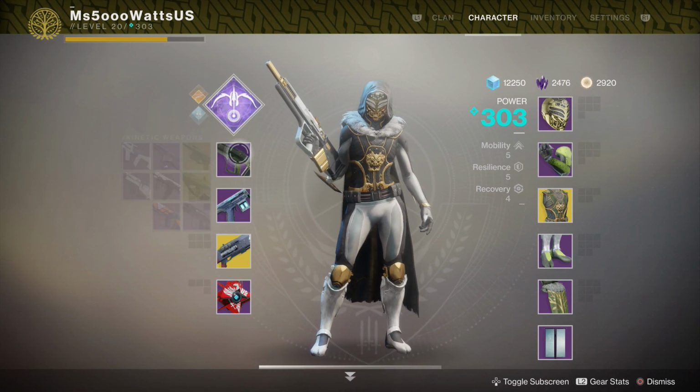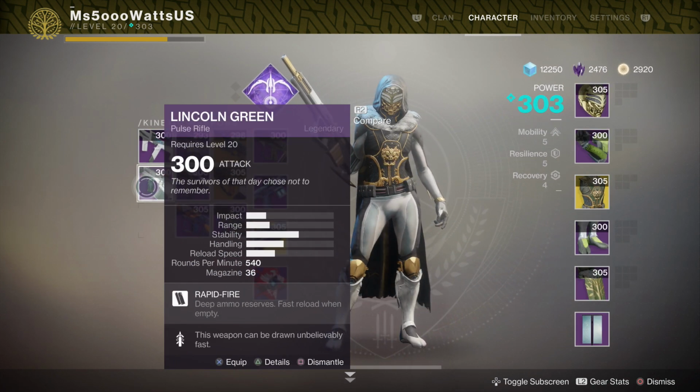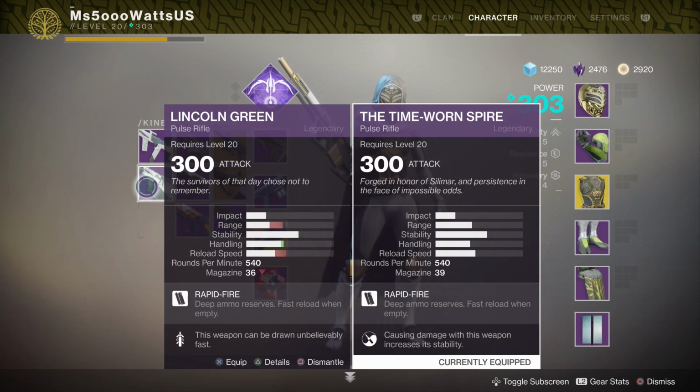Now, the archetype of this pulse rifle is basically the same as Lincoln Green. It has the same rounds per minute, and does the same kind of damage and speed that it fires at. But the difference is that the Time-Worn Spire has more range and a faster reload speed, but slightly less stability and slightly less handling. But I would take less stability and less handling any day to get that much more range and reload that